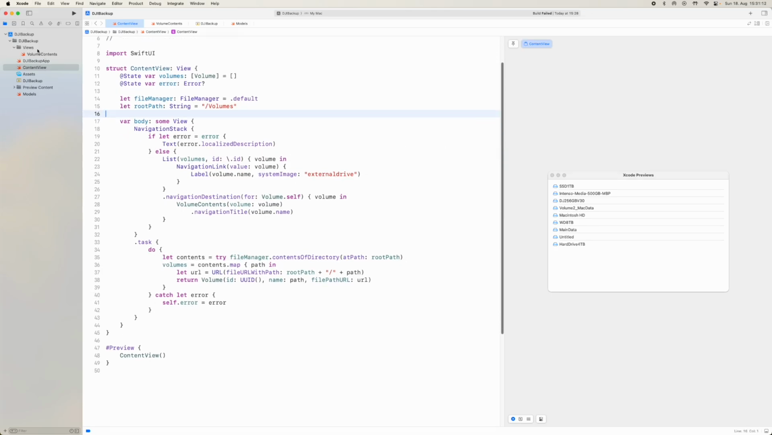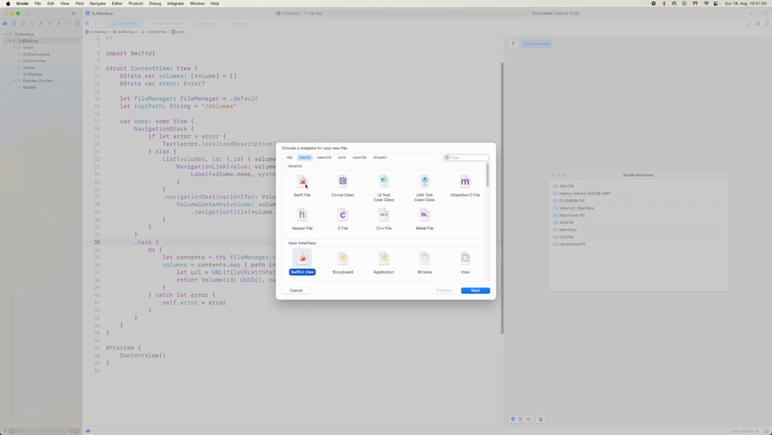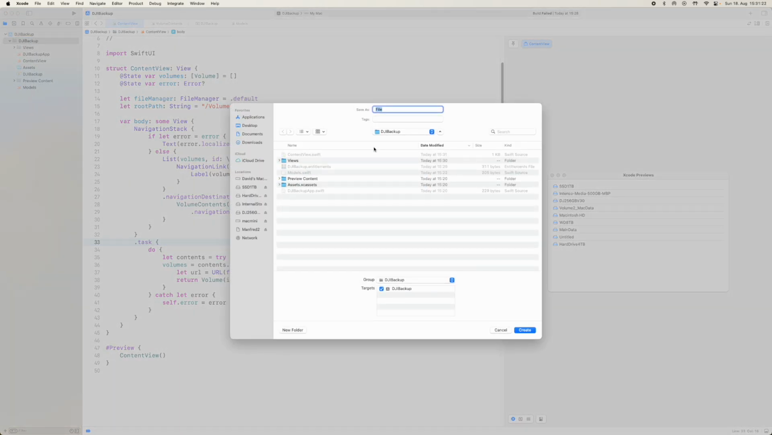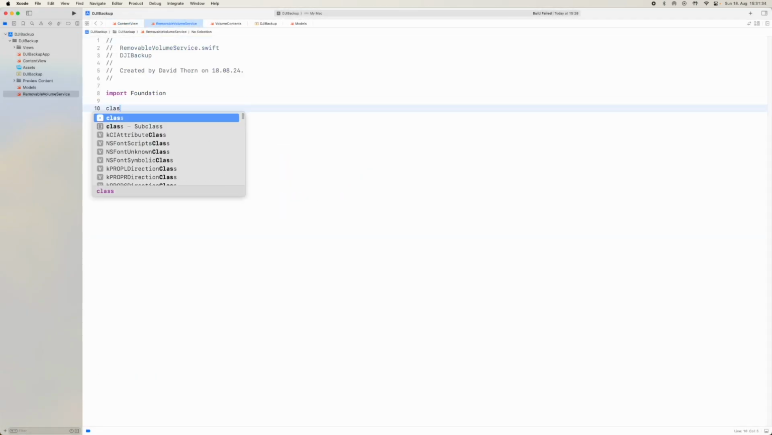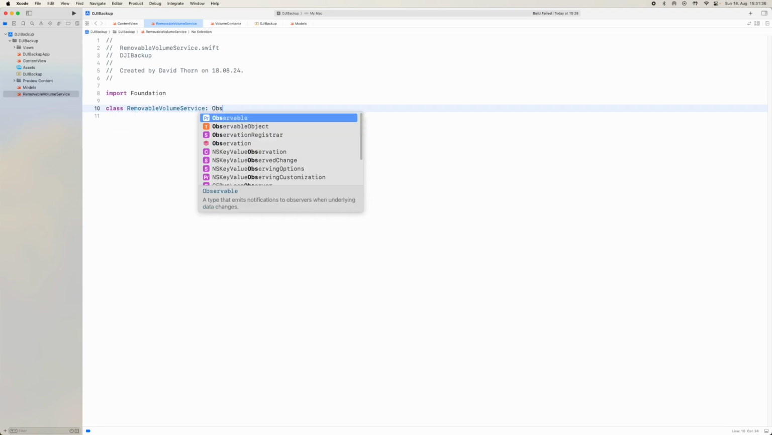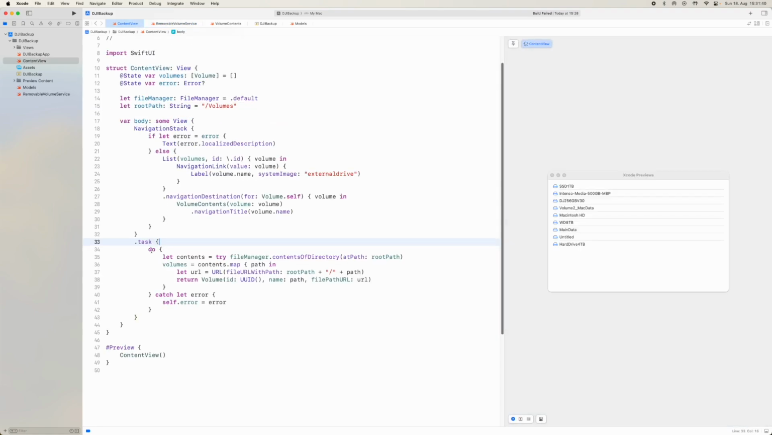We now want some form of service, and we'll say volume service. Let's say removable volume service in here. And this can be a class, removable, and it can be an observable object. Come to here, and we'll